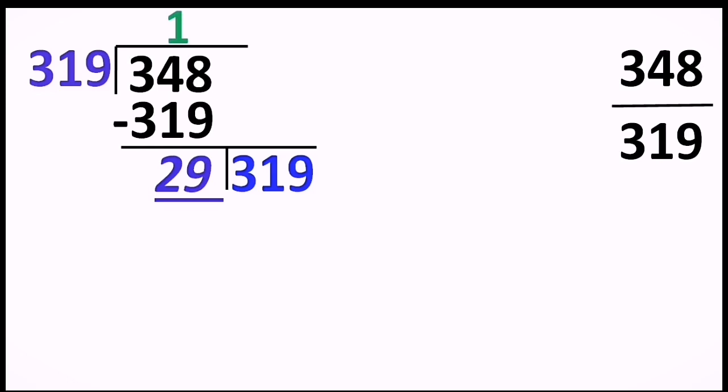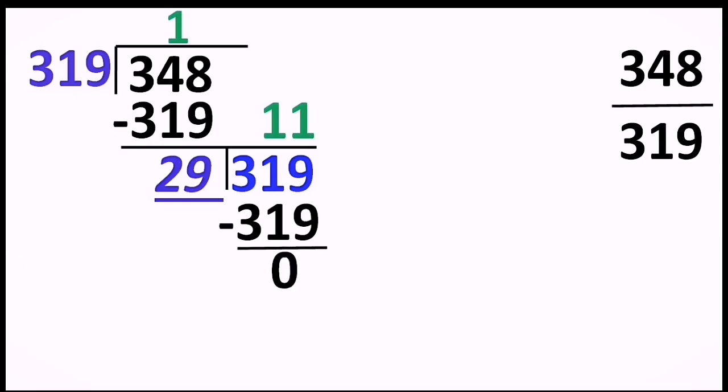The moment you observe the number carefully, you will come to know that the first 2 numbers over here are 31. 29 ones are 29 in the 29 table. Then after subtraction 2 will be left, and that 2 and this 9 will make 29, and bingo, that means 29 11s will be 319, and my remainder is 0. And the moment you get the remainder 0, clap for yourself, because you have got the answer.